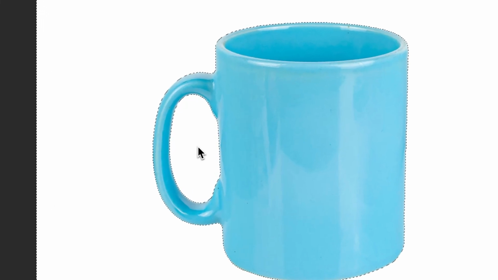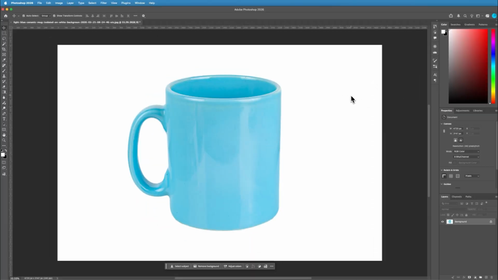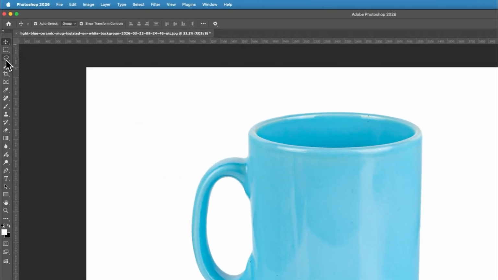How to use the Magic Wand tool in Photoshop. Let's get into it. With your image open, come over to your toolbar and you will see the Magic Wand